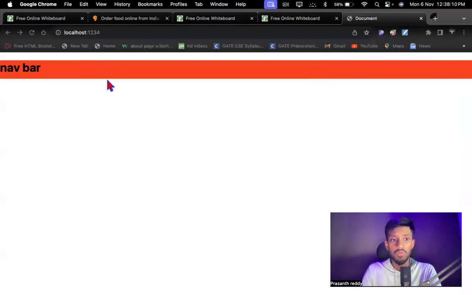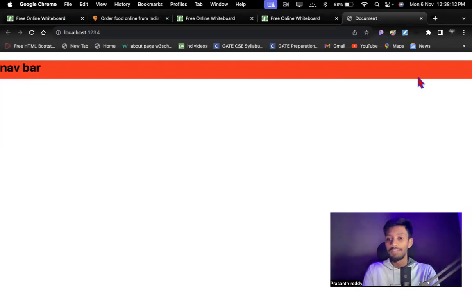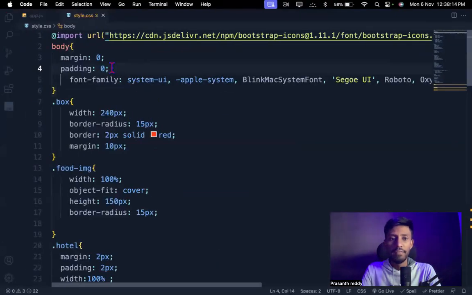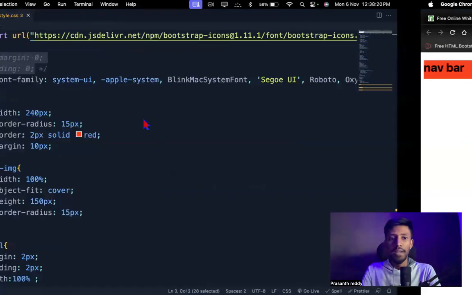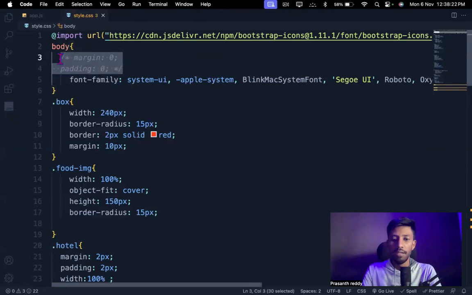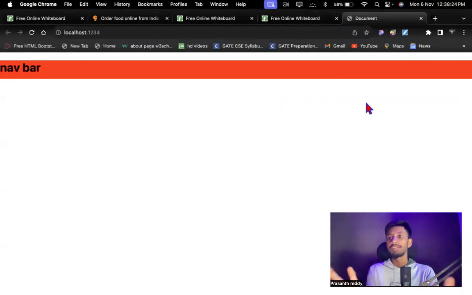Maybe this is an issue? Okay, see, the left side, right side is gone. If I disable this code, see what will happen. We are getting some gap on the left side and right side, right? But if I say that this is because of the body also, let me write this. Now if you see the left side, right side, but we need to see why this top gap is coming.